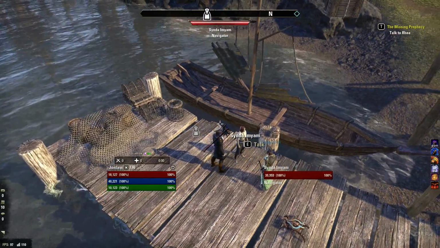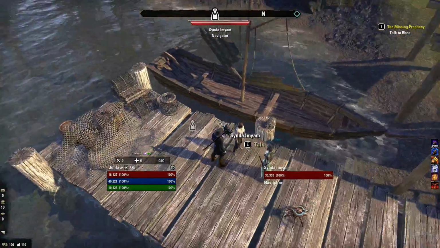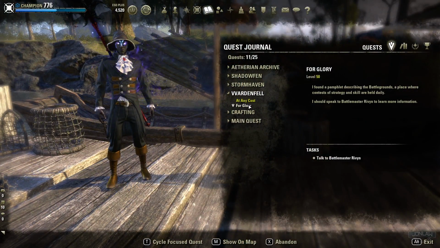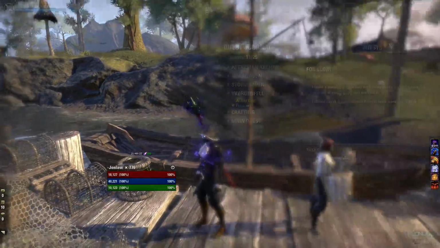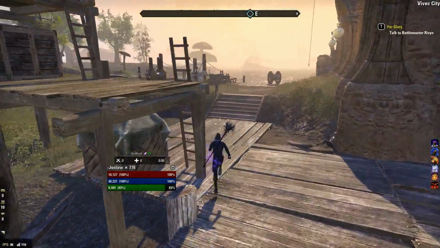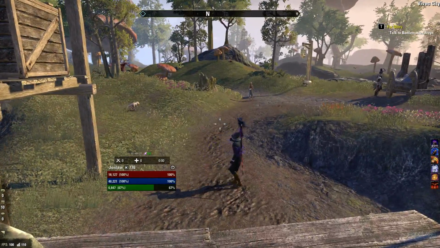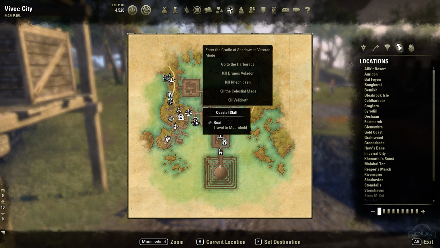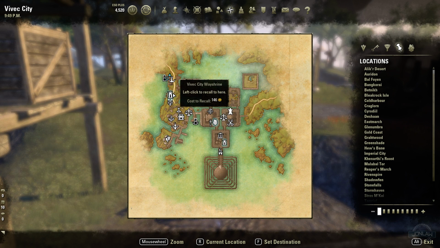Okay, so she's the boat master. Talk to Rhea. What are we doing? Oh, that's a different... That's not even in here. And then I think that Battle Master quest is for Battlegrounds, and that's not actually a quest, but you have to do something with it. I'm not too sure. So anyway...